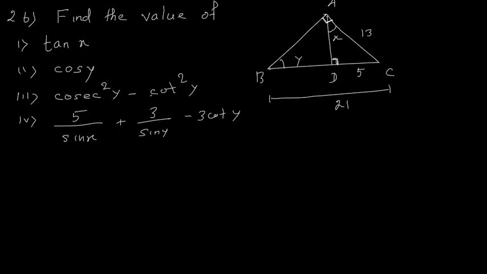Now this length is 5, this length is 5, this length is 13. Okay, we can calculate this length, we can calculate this length. So if 90 degree is not given, no problem, I will remove this sign. Okay, just a minute. This is the problem, na.